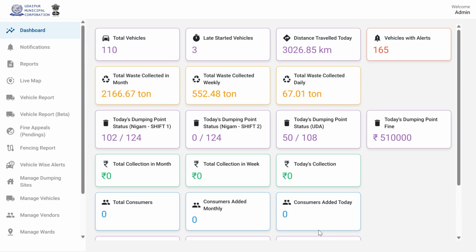So here on the dashboard we have the total number of vehicles, late started vehicles, which started late, total distance traveled today, vehicles with alerts, the amount of waste collection in tons monthly, weekly waste collection, and daily waste collection. And along with that, in the city we have dumping points where people throw the